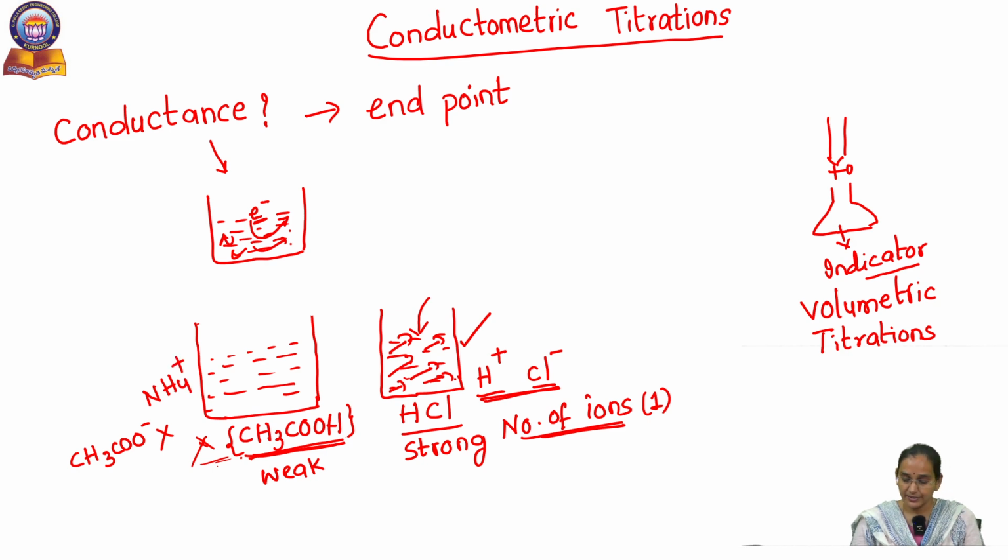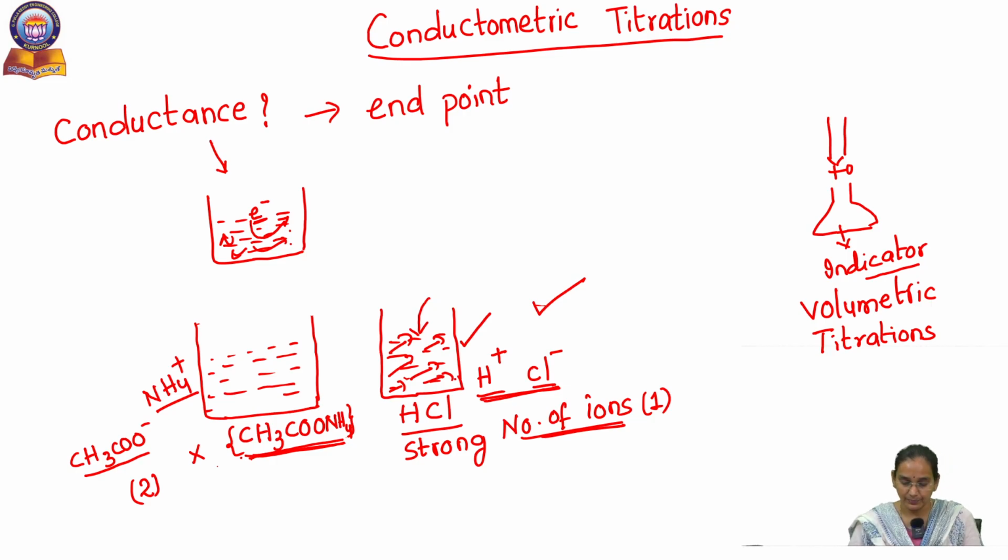instead of acetic acid, if we take ammonium acetate, now this will have the second factor. If we take ammonium acetate, it will exist as acetate ion and ammonium ion. Now if we compare it with HCl, which one will have higher conductance? Obviously HCl, not ammonium acetate,